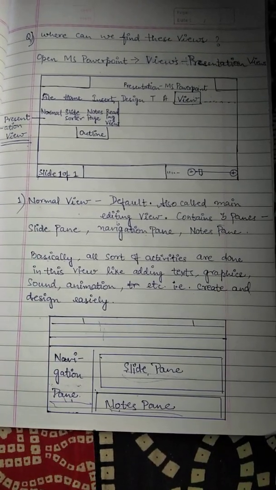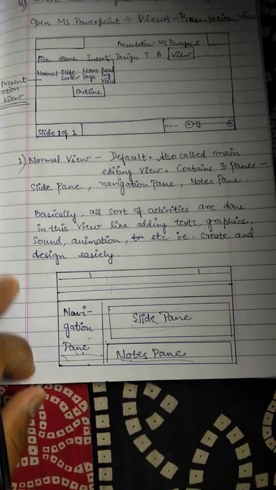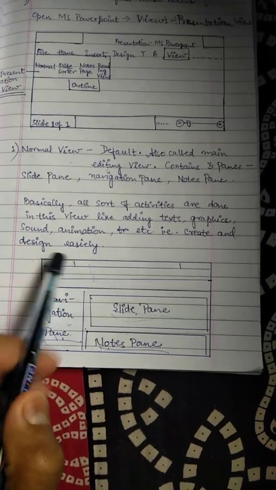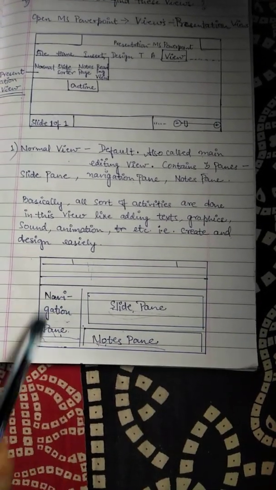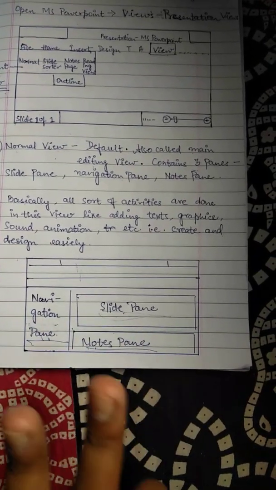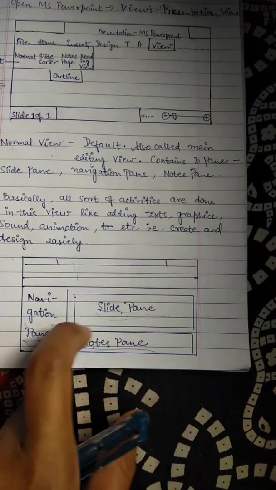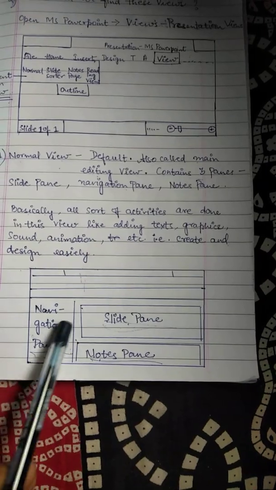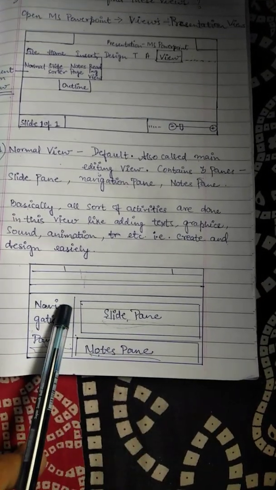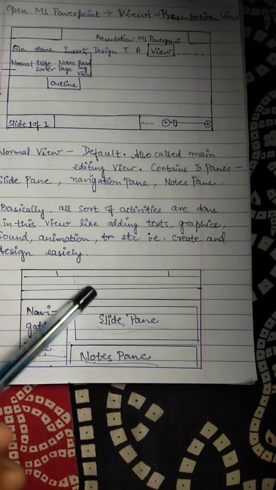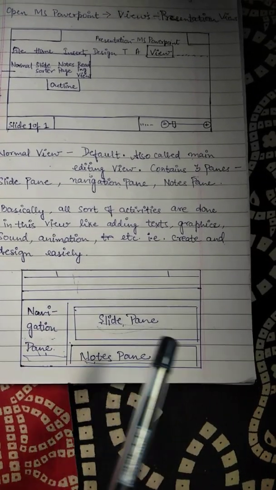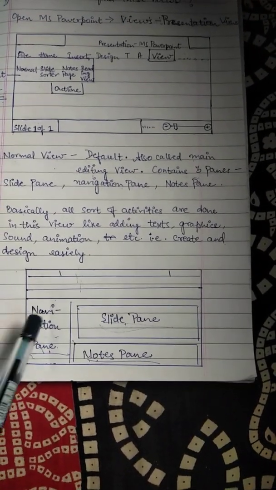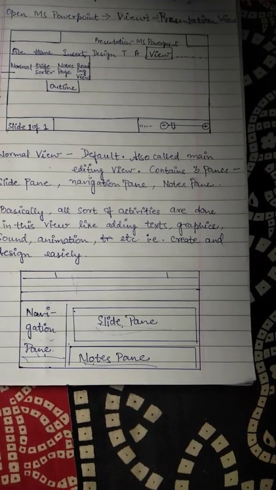Now we have already discussed normal view, and again this is important, students, you need to know about it. When we open our MS PowerPoint, there are mostly 3 panes in which we work. This is the slide pane, the slide which is presented here. Below the slide pane you see the notes pane, where you can write your notes. And this is the navigation pane, where you are able to see all of the slides related to your presentation.